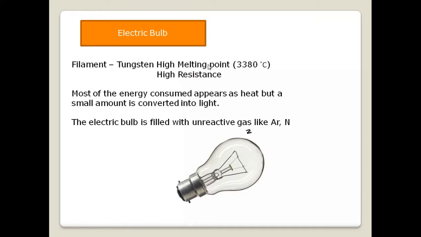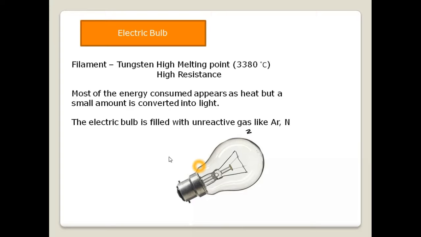Now, because of its very high melting point, what happens? This tungsten gets very hot, even white hot, without melting, because its melting point is very high. It has other properties also, like high flexibility. It has a low rate of evaporation at high temperature. So basically, this becomes white hot and glows to emit light. And at that time, its temperature is almost 2500 degrees Celsius. That means it can't get melted because of its high melting point, right? And one more thing,